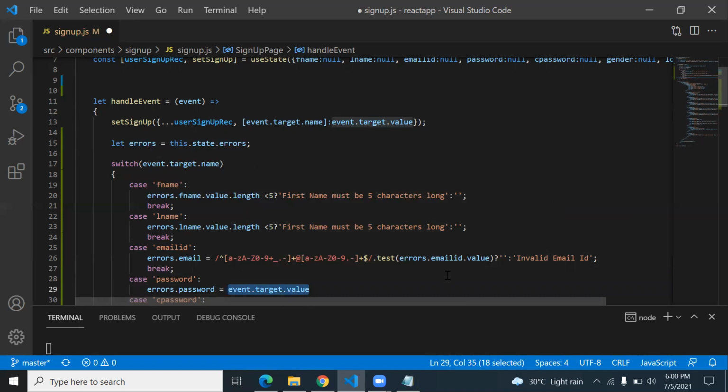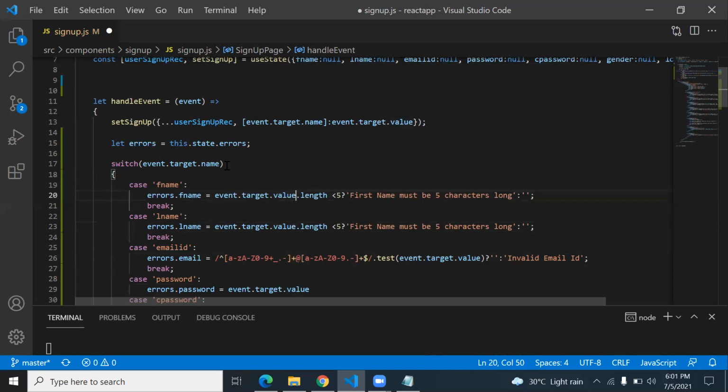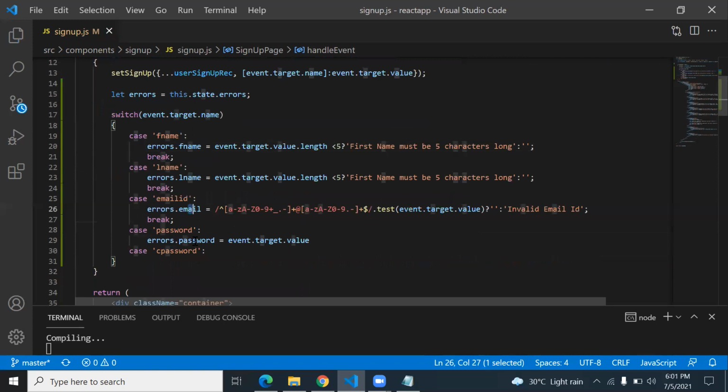It must be errors dot target dot value. This also errors dot target dot value, and here also errors dot target dot value, like this. So this is for email.